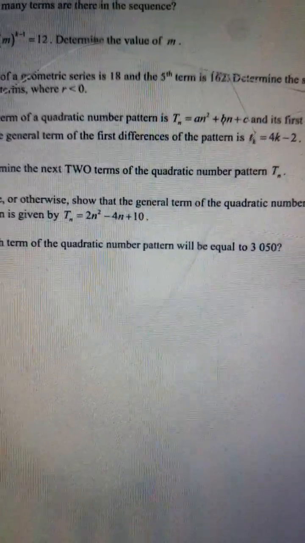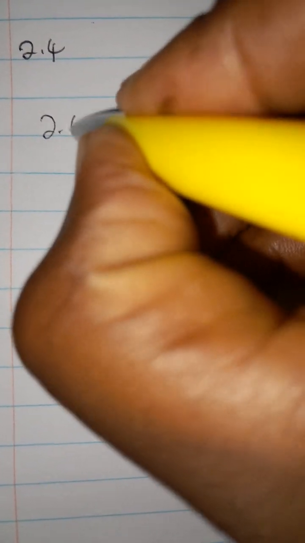So to find the next two terms, guys, let's consider, remember that we are being told at 2.4.1 that the first term is 8, and that our first difference, the pattern is given at our first difference as Tk, which is equal